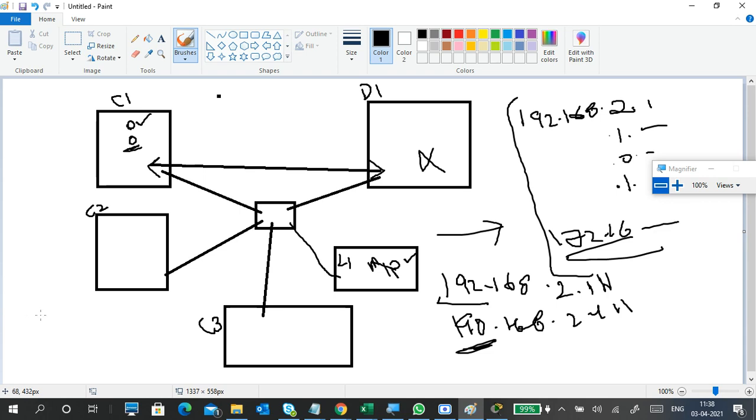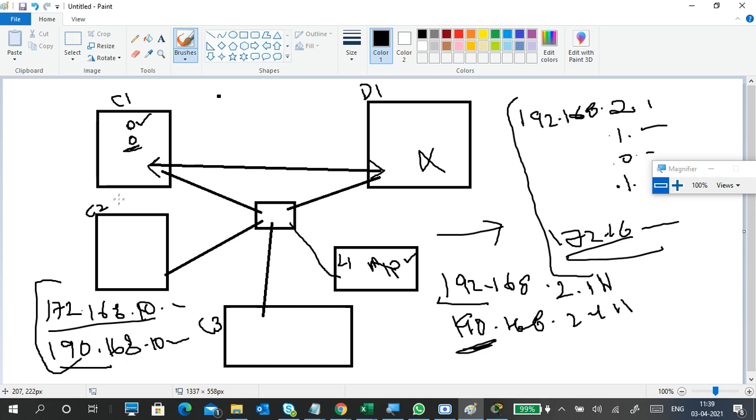However much we teach, however much guidance we give, people make mistakes. Sometimes people put 172.168.0.something, which is also okay, but on the next PC they put 190.168.0.something. So you are giving different IP addresses, and it won't work.